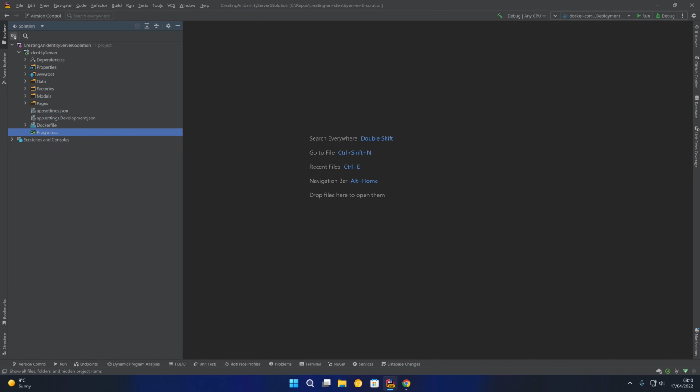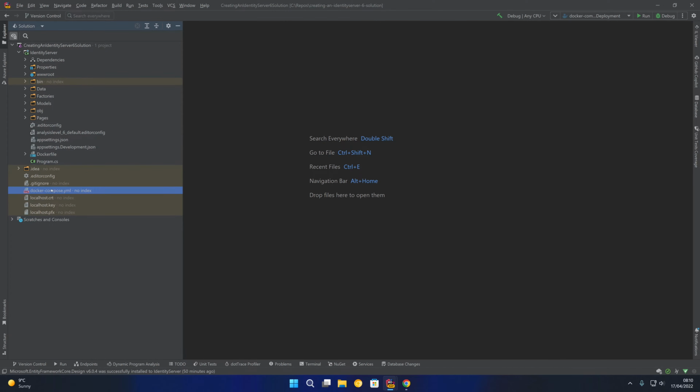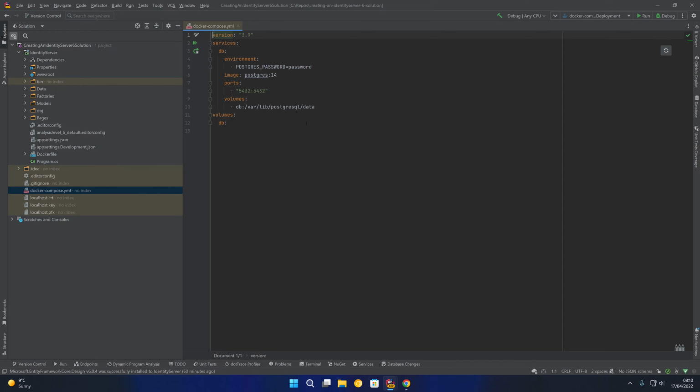And last but not least, we can show all files, come down to our Docker Compose file, and we are going to add a service for our identity server. So this service is simply going to be called identityserver, like so. And this is going to build, and the context is going to be the root directory of the solution. And the Dockerfile is located in